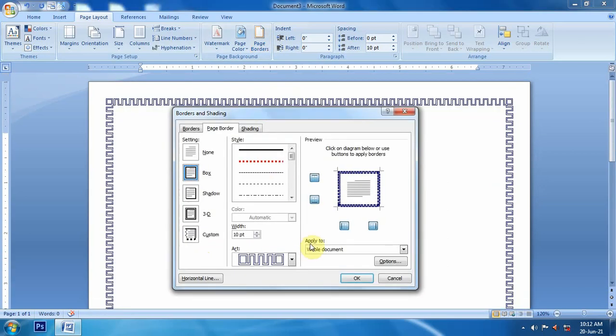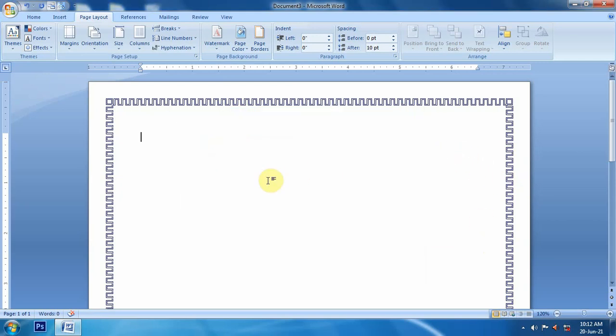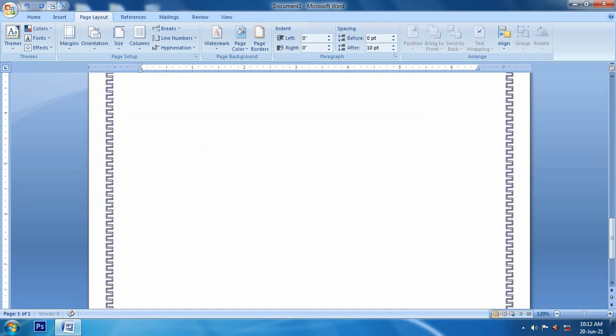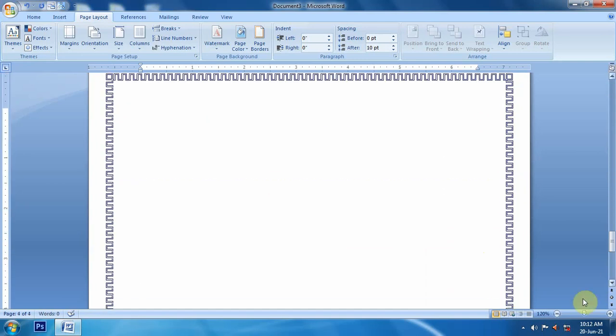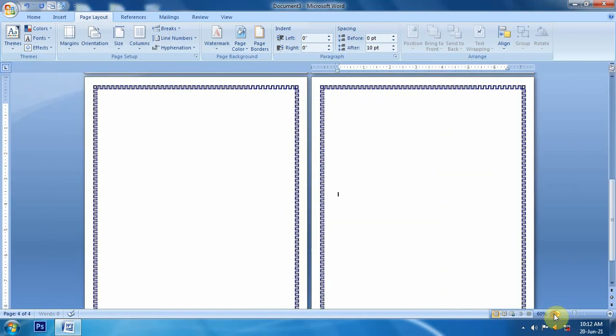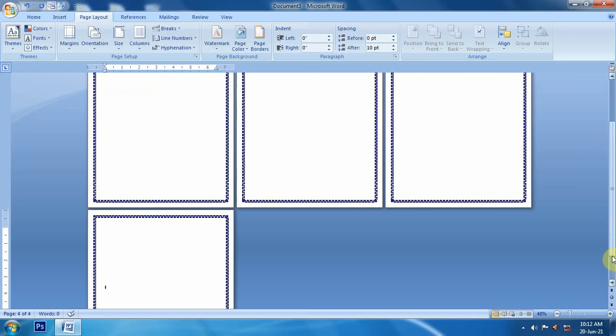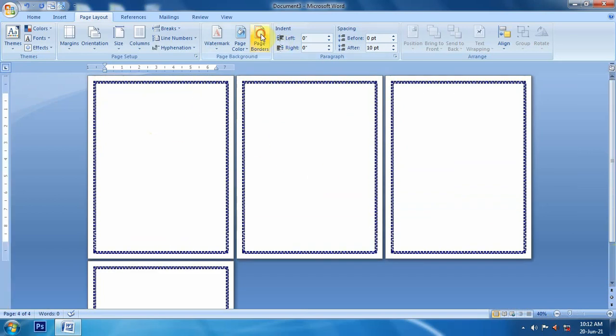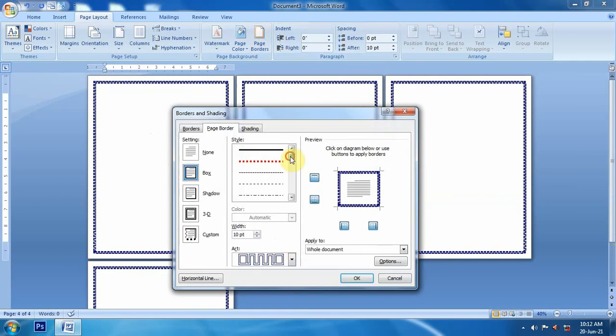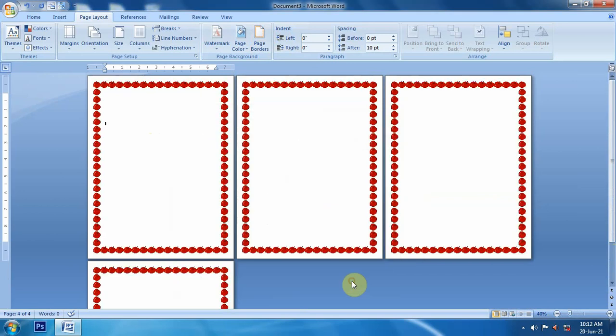Now one thing is the apply to option, on which section or where we want to apply the page border. For this, first of all, I will press enter up to a few pages, and we can see here these are 3 pages. Now if we click on page border and select a page border, and we say apply to whole document, then this page border will be applied to the whole document.